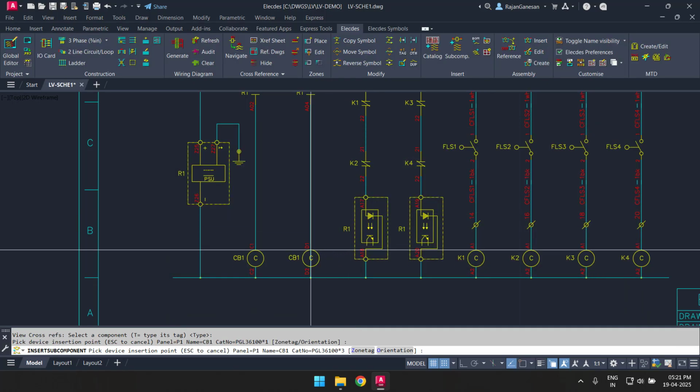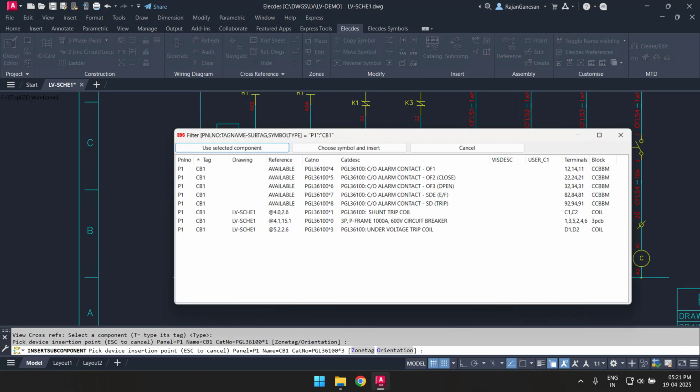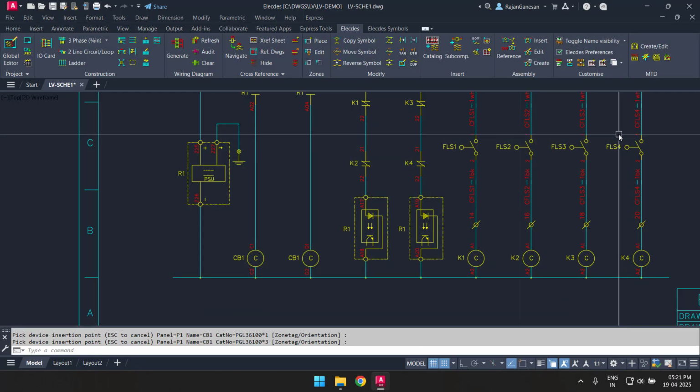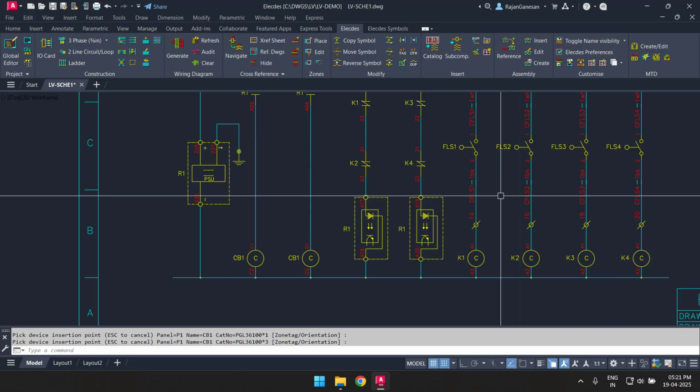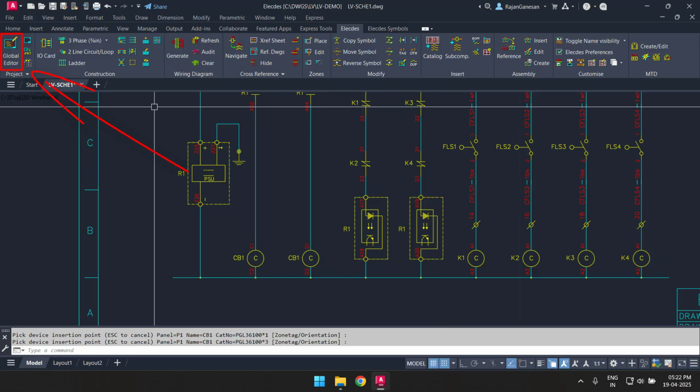The global editor can be used for many different edit tasks. You can reselect components from the catalogue, you can renumber your wires or tags, and you can find and replace information throughout the dataset of the project. All of this can be done at a very fast pace. I'm going to demonstrate a simple edit done with the global editor.